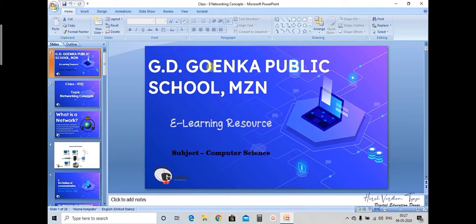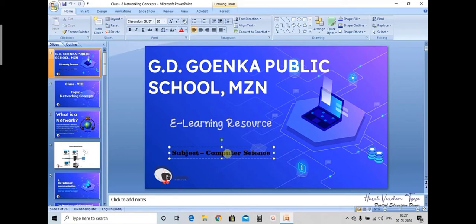For example, I have written this GD Goenka Public School Muzaffarnagar. When I give any moving effect to this particular text, or suppose I am giving a moving effect to this image or a logo or anything on the slide, that is how your text will come, how your text will move on the slide.